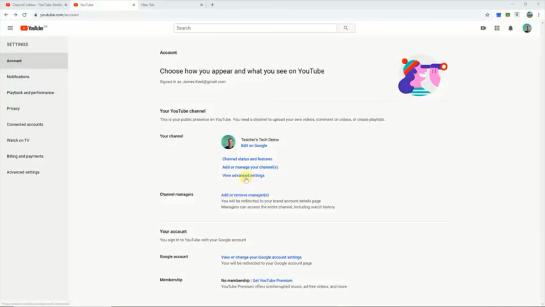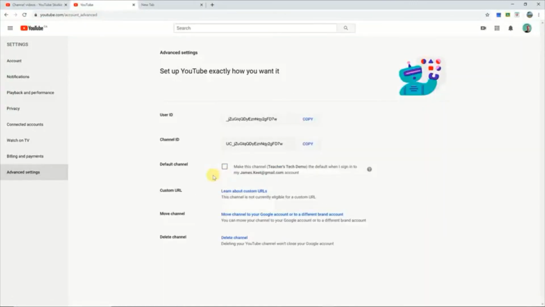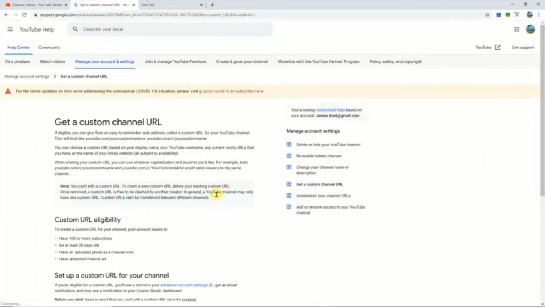The other setting is view advanced settings, and this is something that you can't do right away if you don't have enough subscribers, but that is to have the custom URLs. This isn't eligible yet. So when you want to know when you're eligible, just click on any of these, and these will bring you over to what you need. You can see you need 100 or more subscribers. So you just have to make sure those qualifications are